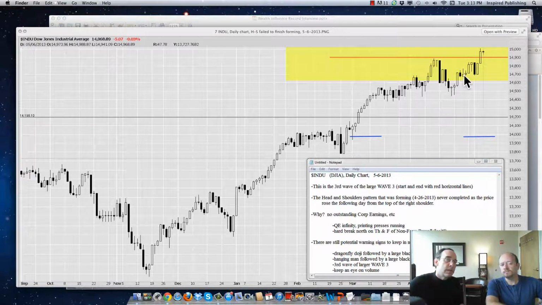But the point again is that with the head and shoulders pattern, and this is a critical area right here, Randy, that people have to watch out for, it's either going to head on down here and complete this pattern. When I say complete, I mean complete the formation to say this is a valid head and shoulders, not a completion of where it hit the target, but a completion of the formation would have been down here. But instead, from there, it just started taking off north, floating north.